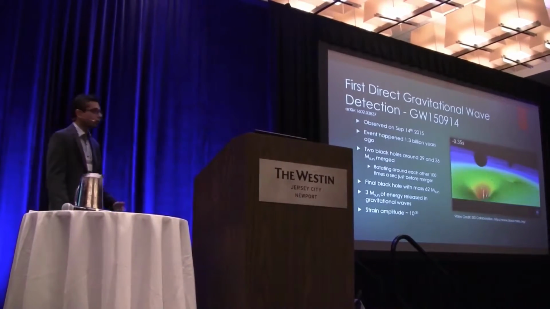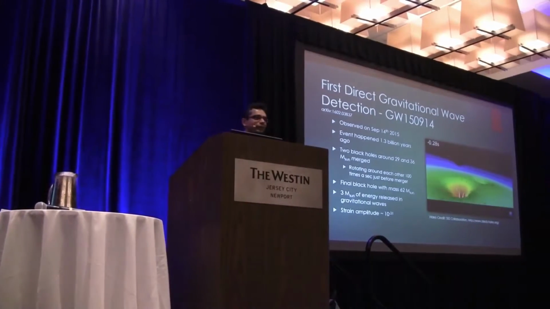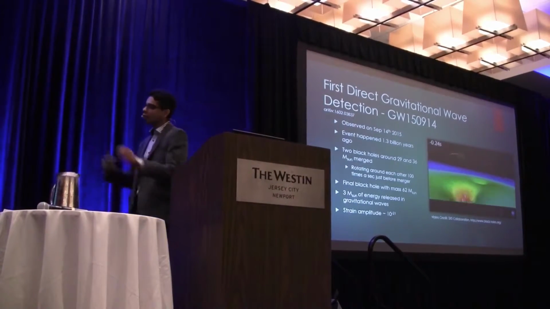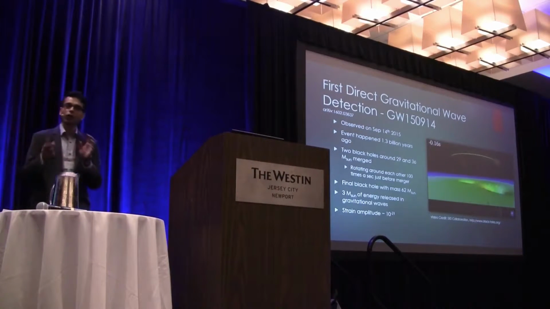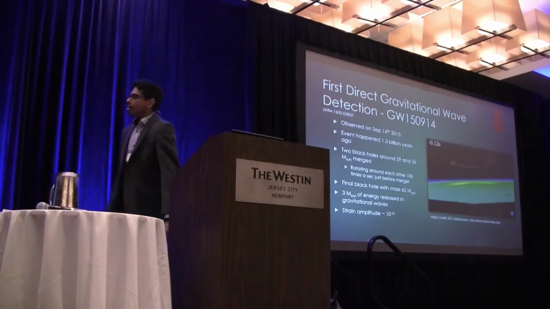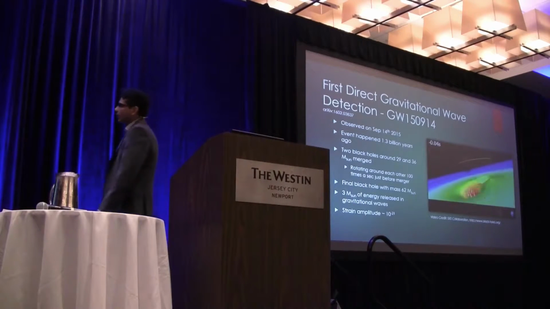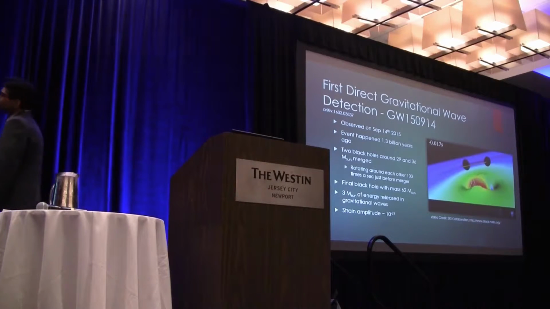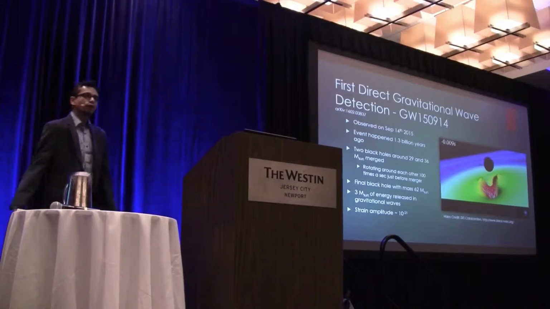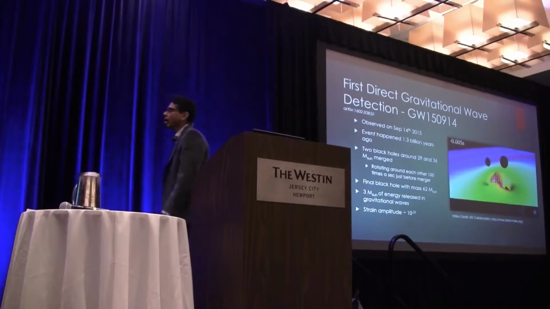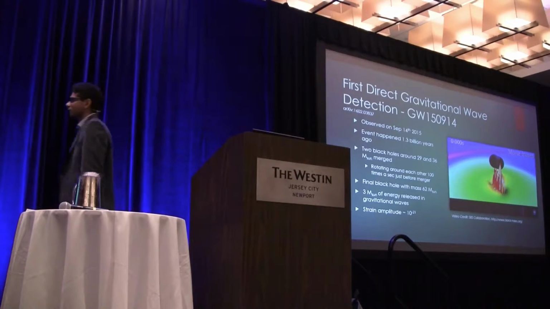This is also the first direct detection of black holes. This is also the first direct detection of massive black holes. We always knew that these objects existed, but we had never done a detection of such massive black holes. Right, so the thing that we detected on September 14, 2015, was a result of two black holes of around 30 solar masses revolving around each other, eventually merging together to form a black hole with a mass equal to 62 suns, 62 solar masses.